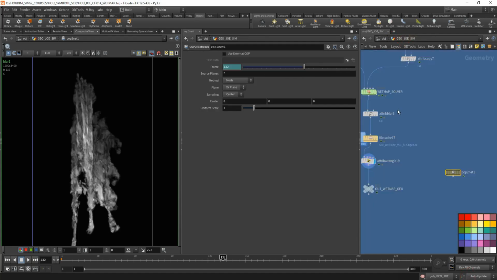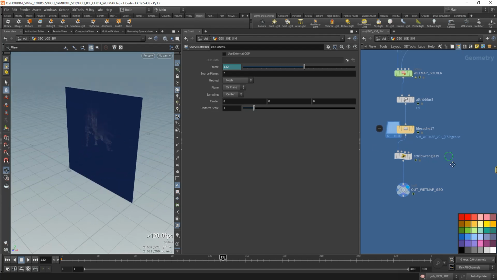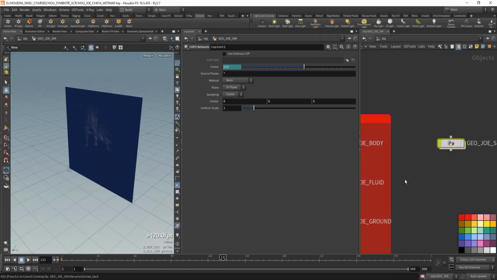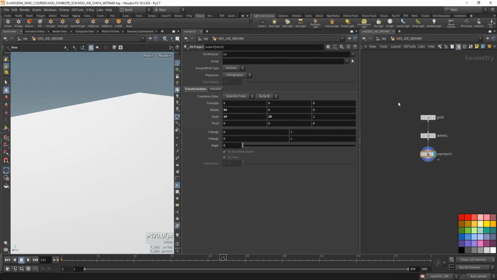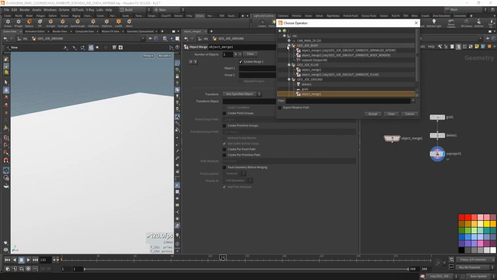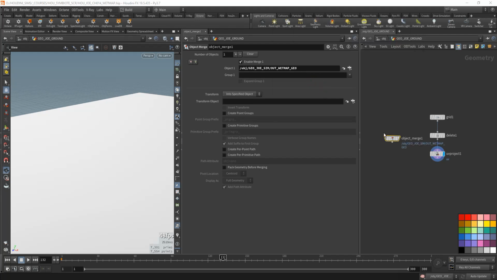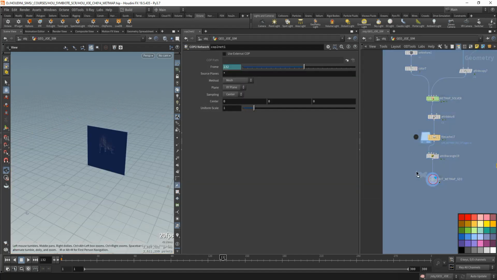So the baking is done. Now we can go back to our scene, and we're going to work on the ground. Basically, the ground that we have doesn't have the same ratio, size and positioning. So let's object merge the ground that we had, the wet map geo that we had. So geo wet map out wet map geo. So now you can see that. Let's make a null basically for the